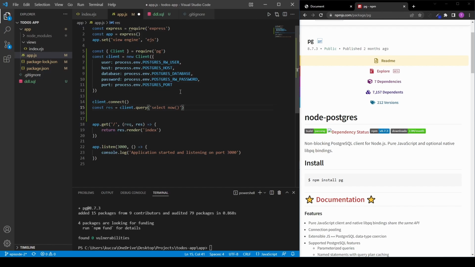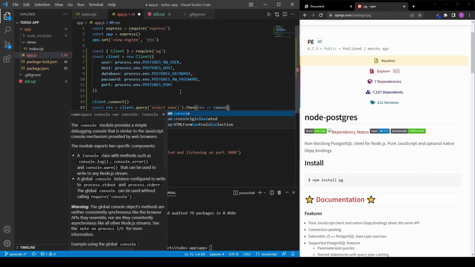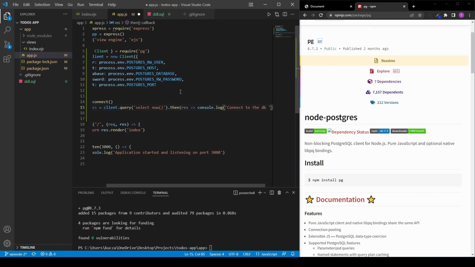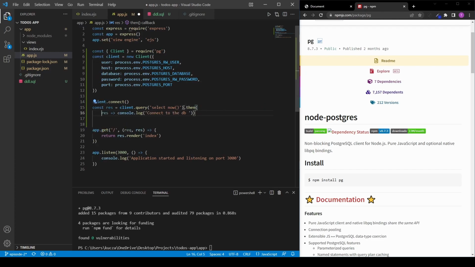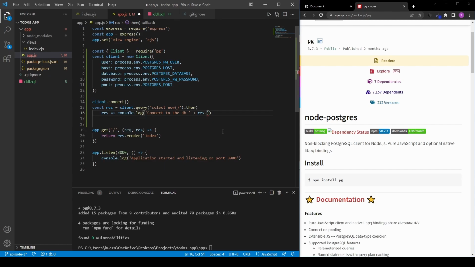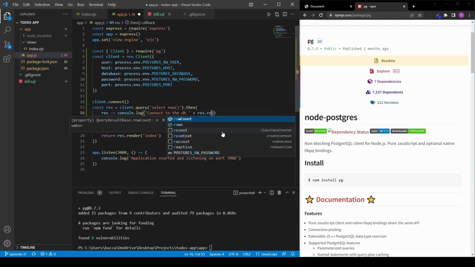And what we want to do with the timestamp is, after the promise that client.query returns is resolved, pass in the response object here, and let's maybe just console log it, saying connected to the DB. That's maybe the best way to style it. Connected to the DB, and say then plus response dot. And now you need to know a little bit how the response object looks like. Dot rows